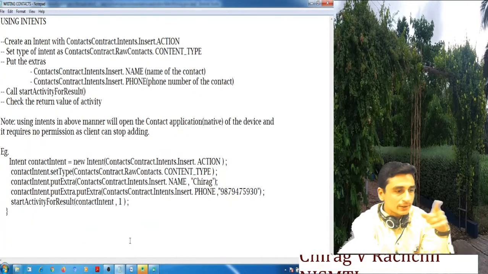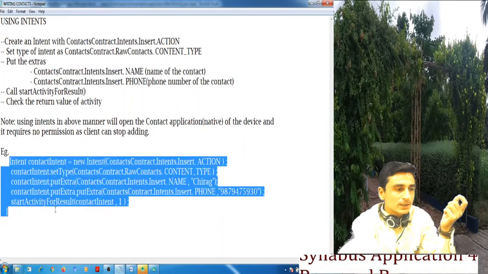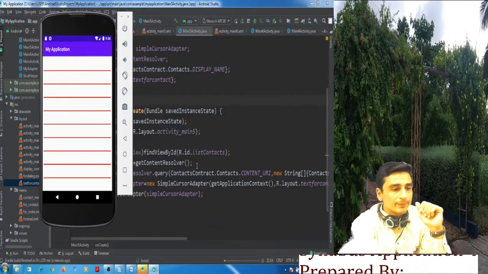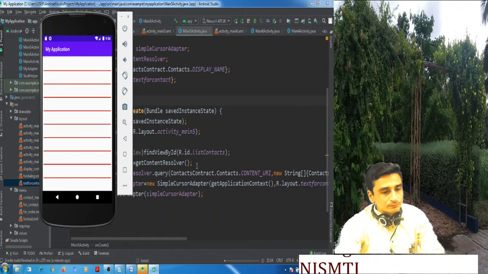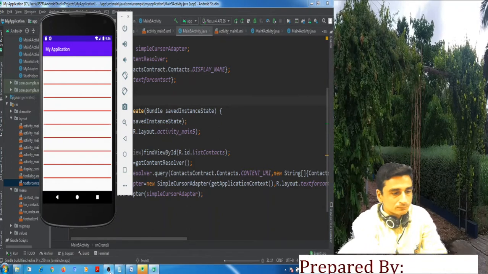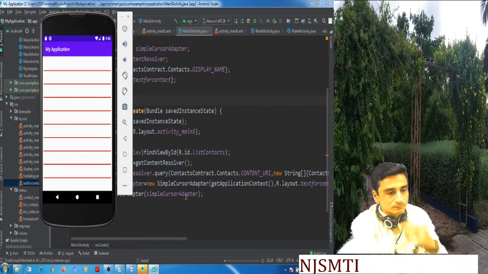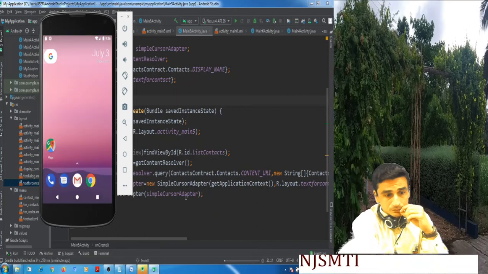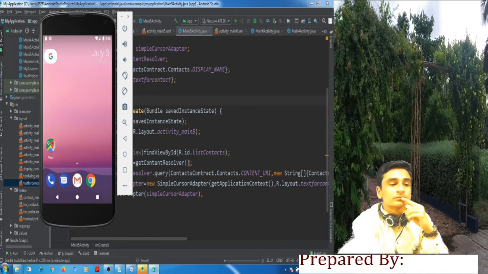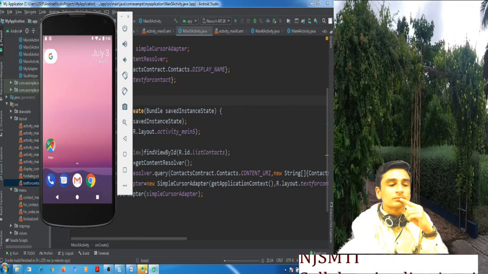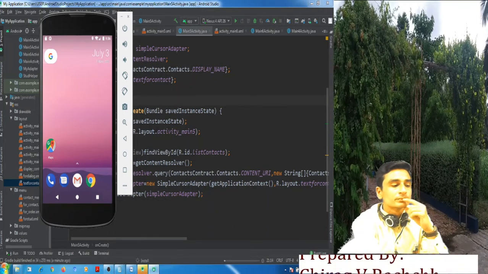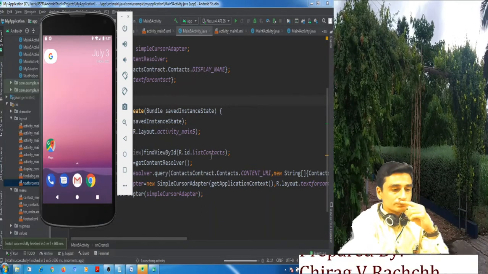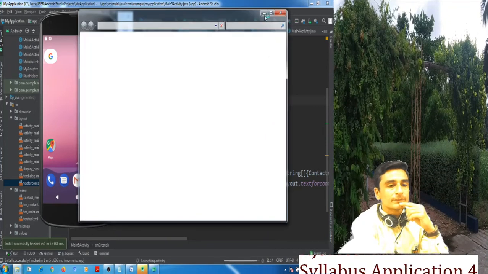We were discussing this writing contact. Just a few lines and a contact will be inserted in the contacts content provider. Activity is on the way of launching.